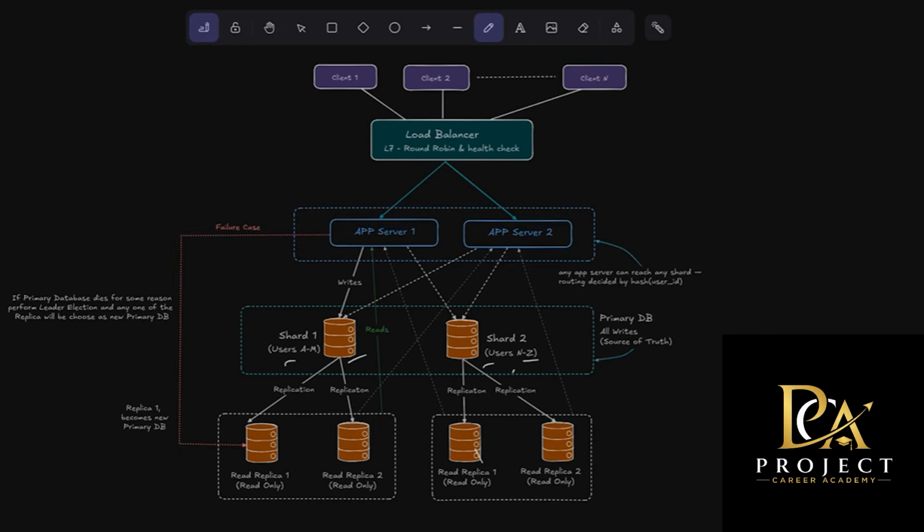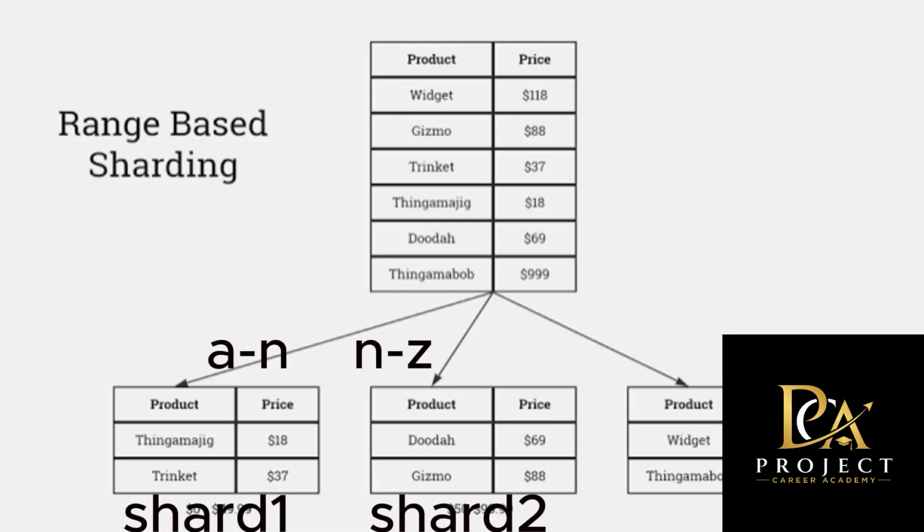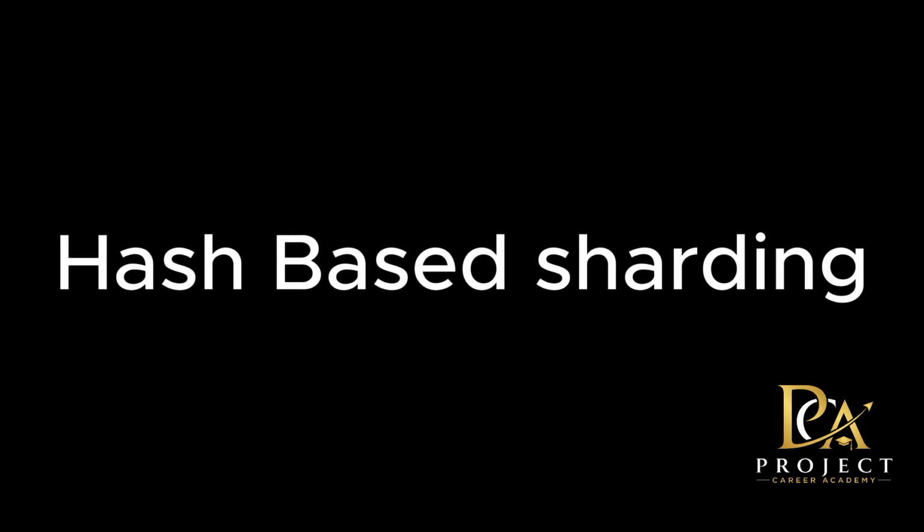Examples of sharding strategy are many, but we can start with range-based sharding. For example, let's say we have users data and we have users from A to Z. Shard 1 will have all the users whose name starts with A till M, and shard 2 will have all the users from N to Z. So each shard owns a portion of the data, and each shard has its own range. That's why it's called range-based sharding.